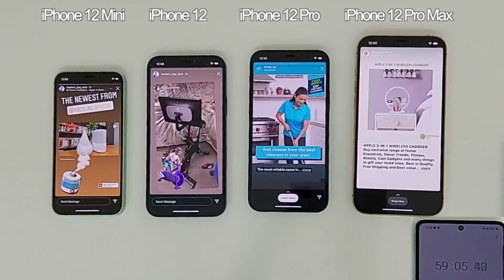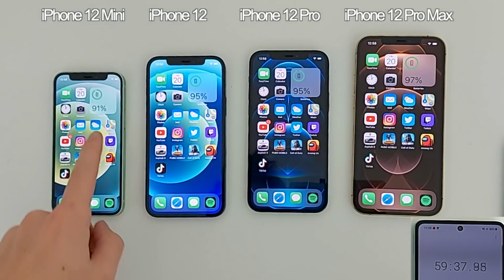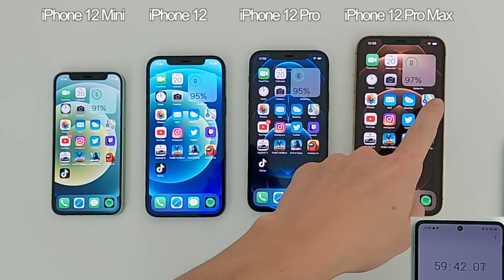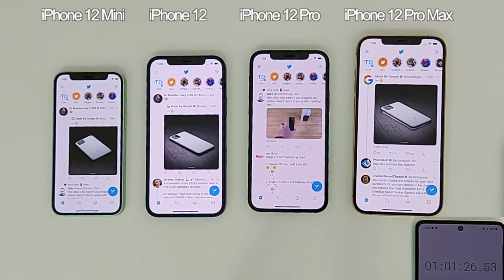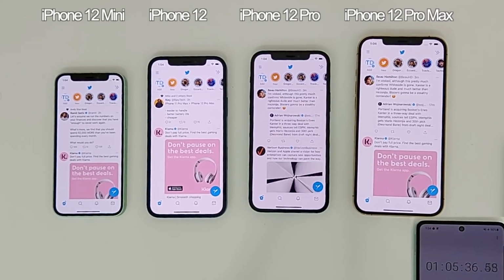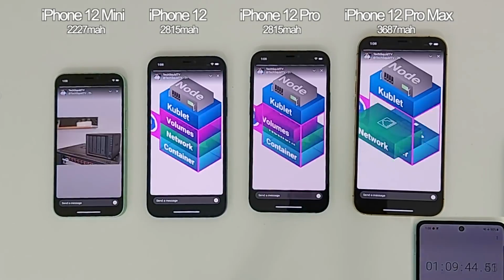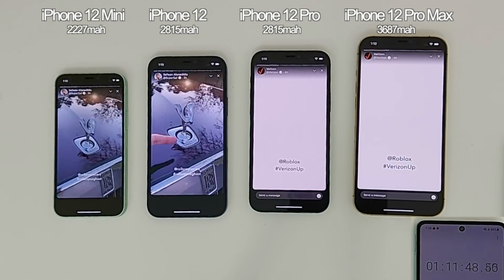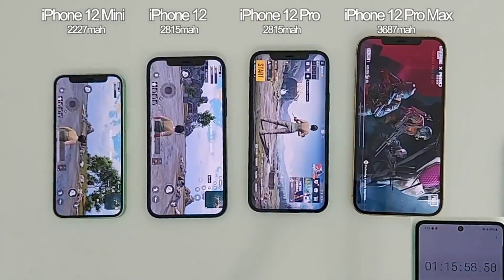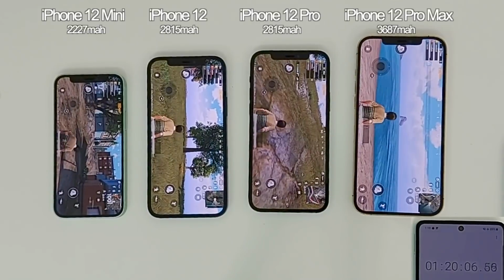Now, after the first hour of use, you can see that all four phones still have more than 90% left, though the iPhone mini already has fallen a bit behind the others. And this makes sense. This super small iPhone mini does have the smallest battery inside, of course, and if you're curious, the mini has a 2227 milliamp battery inside. The regular 12 and 12 Pro have the same sized 2815 milliamp battery, and the massive 12 Pro Max obviously has the largest battery of the group at